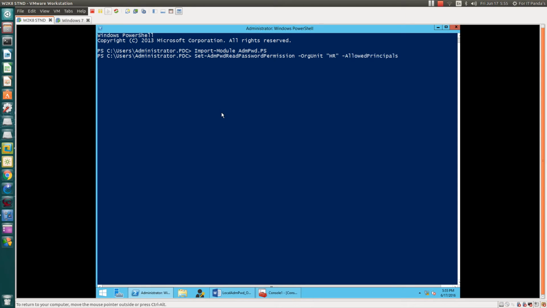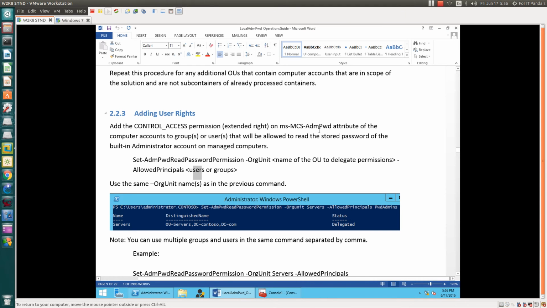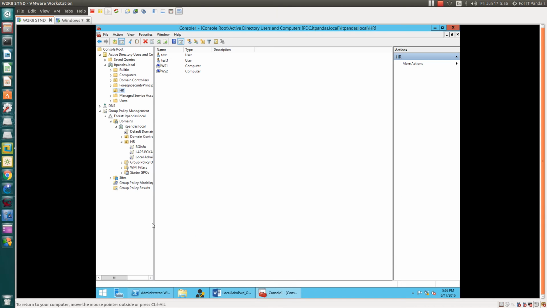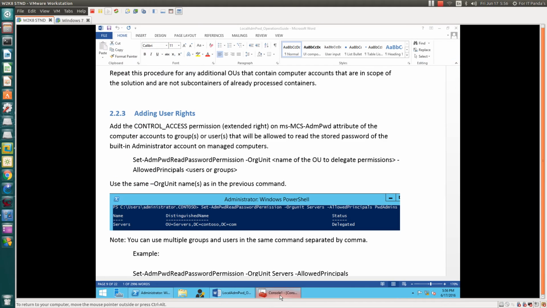HR, and allowed principals, which is our administrator here. Hit enter. Bingo, it's working fine. The permission has been delegated for administrator. Now the second step: we have added a read permission, so now admin can read the passwords of these computers, which will change their password automatically.